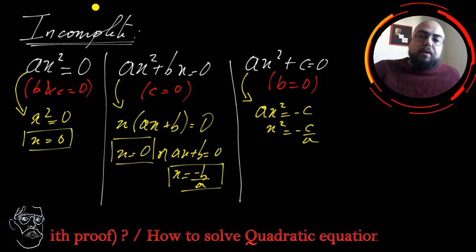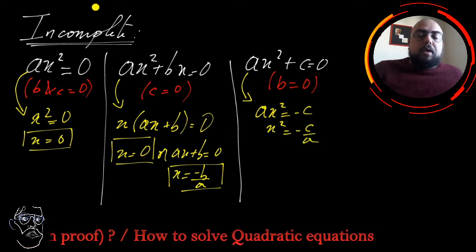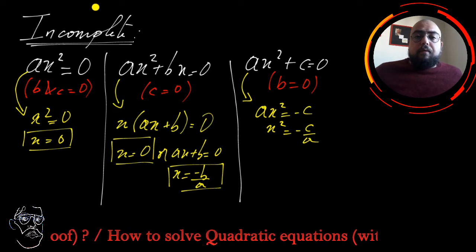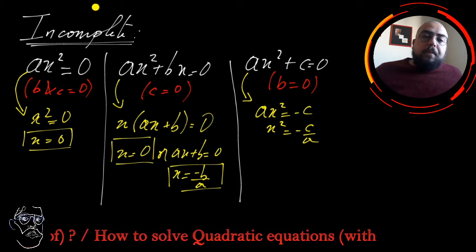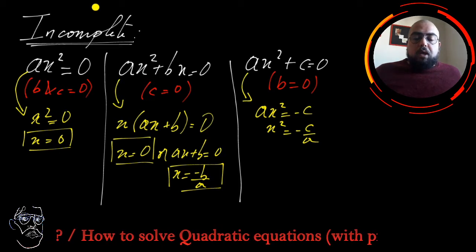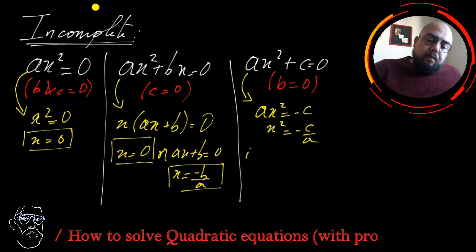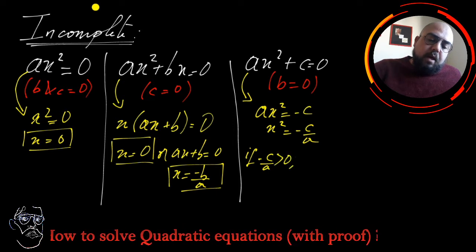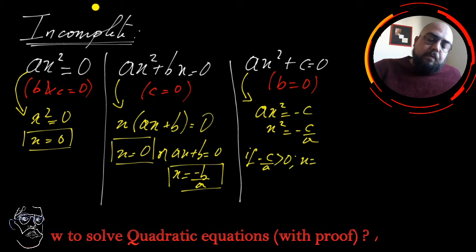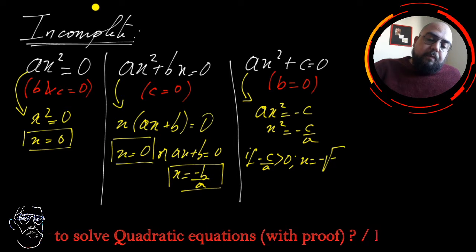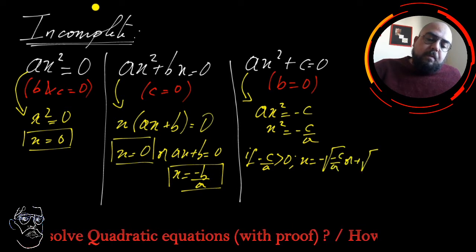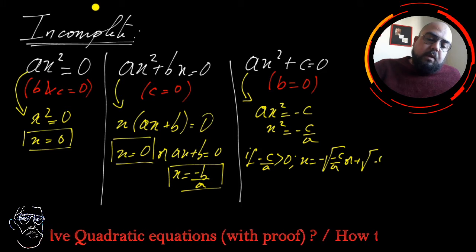You cannot just take the root, because it depends on the sign of c and the sign of a. So if minus c over a was positive, you will have x equal to minus the square root of minus c over a,